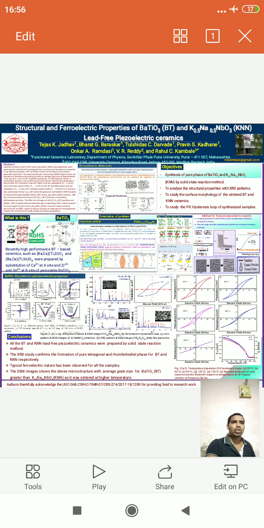We also studied the polarization versus electric field. There we studied the P-E hysteresis loop, the temperature dependence of the P-E hysteresis loop. Here we can easily see 30 degrees Celsius, 60 degrees Celsius, 90 degrees Celsius, and up to 120 degrees Celsius. The BT shows the P-E hysteresis loop, or ferroelectric nature, but after that